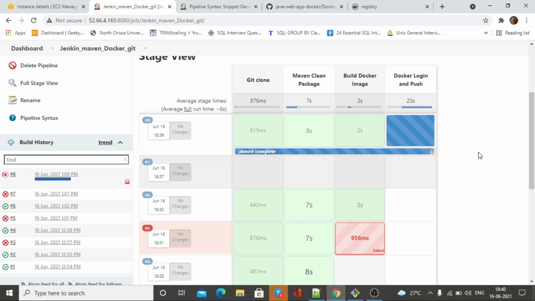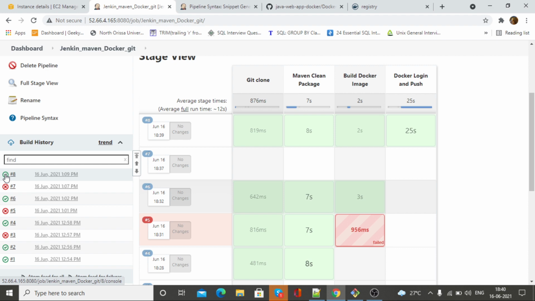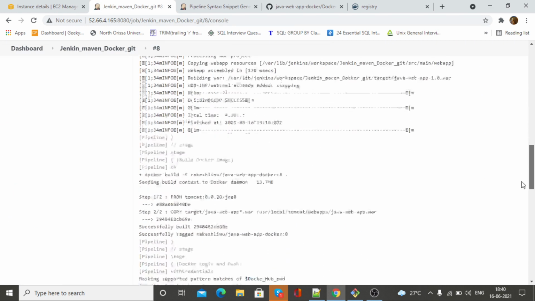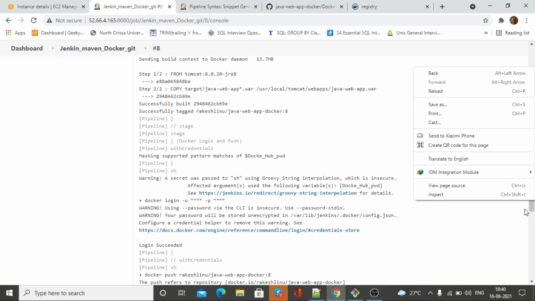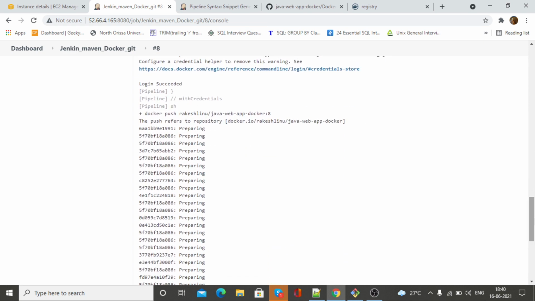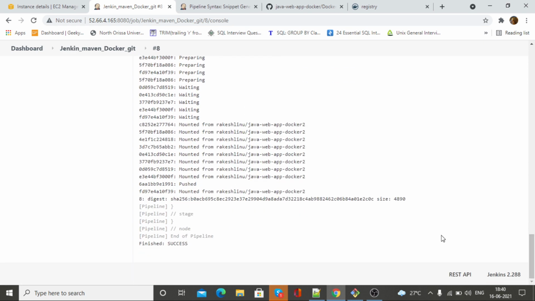Taking some time, guys. In between, yes, it's successful. Okay, let's check the console. So finally it pushed. Okay, here you can see.